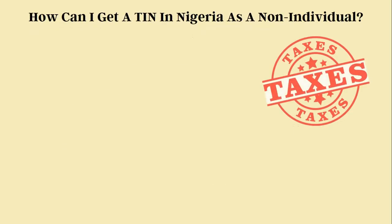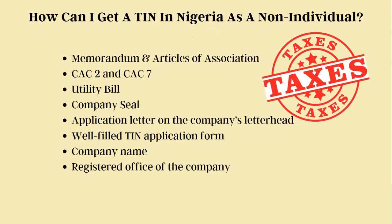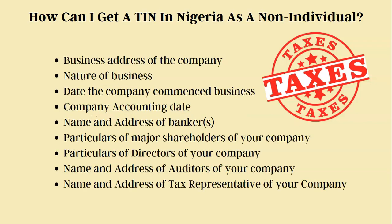How can I get a TIN in Nigeria as a non-individual? Non-individuals include limited liability companies, enterprises, corporate societies, trade associations, and so on. So, to get your TIN, you can visit the closest tax office to where your company is located with the following documents: your memorandum and articles of association, your CAC document, utility bill, company seal, application letter on the company's letterhead, a well-filled TIN application form, the company name, registered office of the company, business address of the company, nature